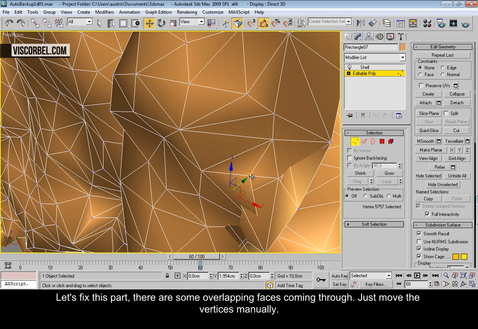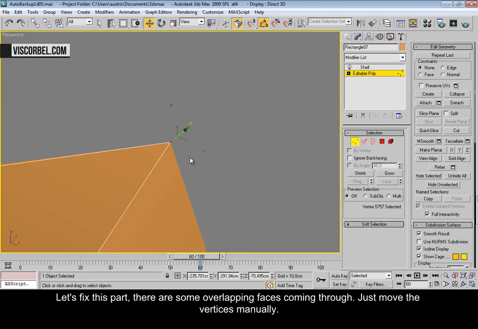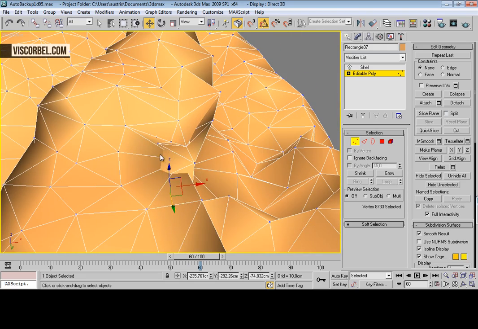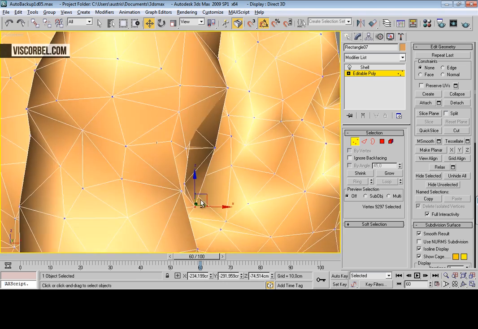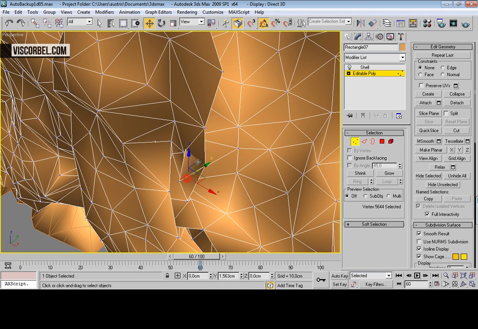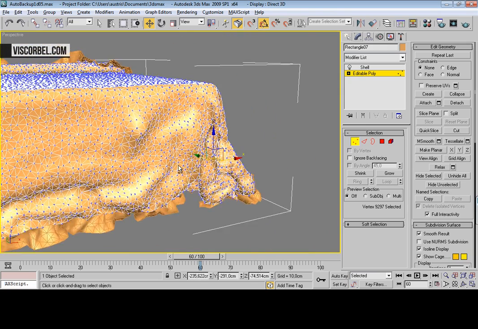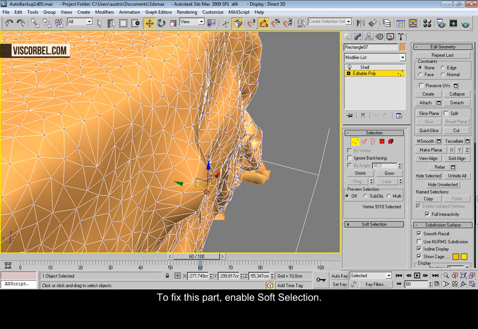There are some overlapping faces. Move this part back a little bit, enable soft selection